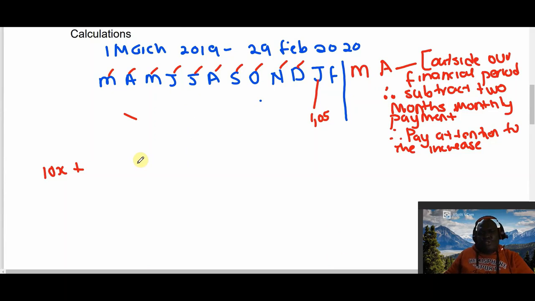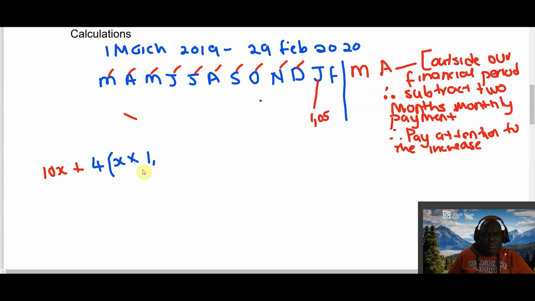So now we want to check how many months also did we pay 1.05, meaning when was rent 105%. So they told us that it increased from 1 January, so meaning it's 1, 2, 3, 4, it's 4 months. So we're going to have 10x plus 4